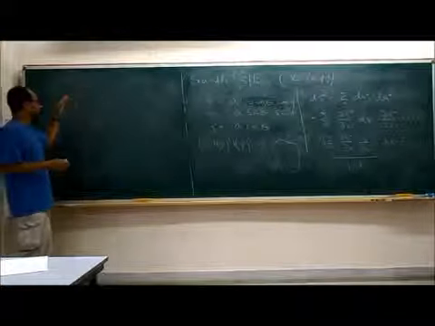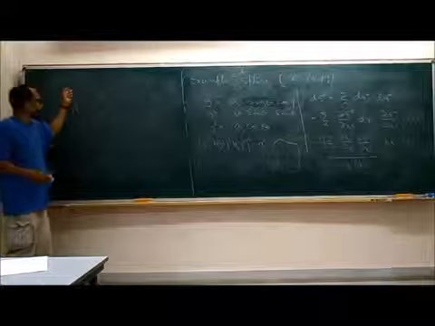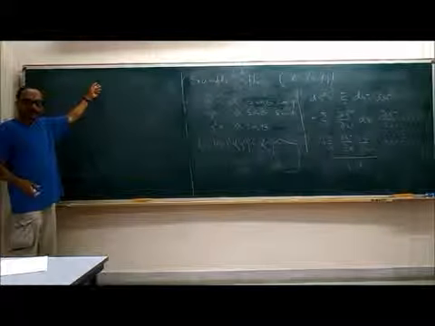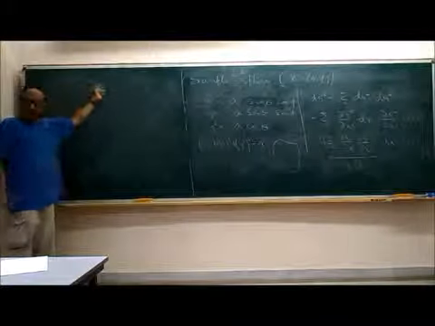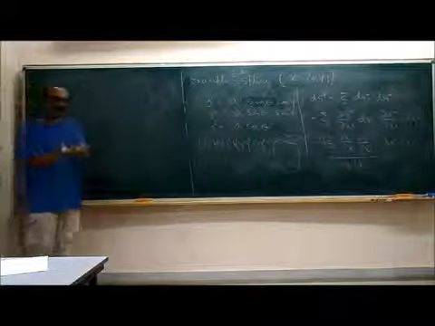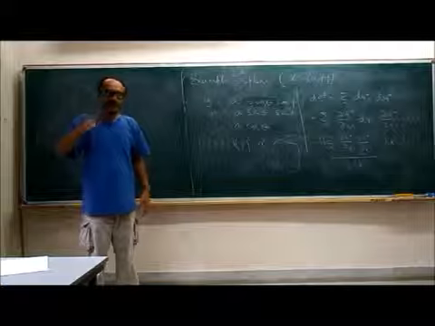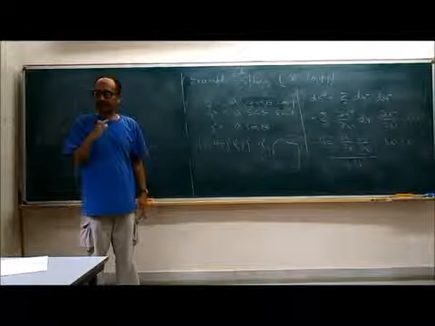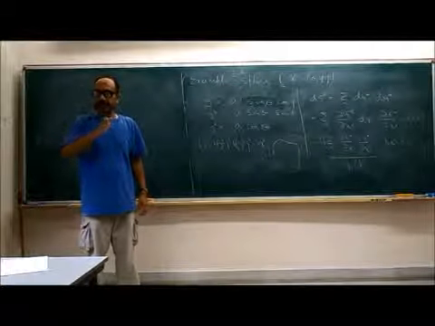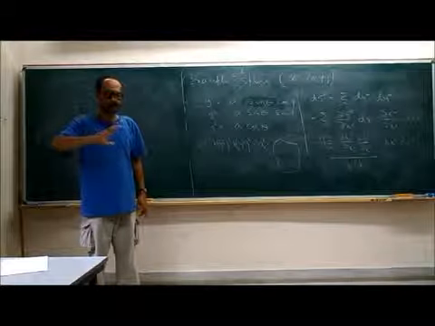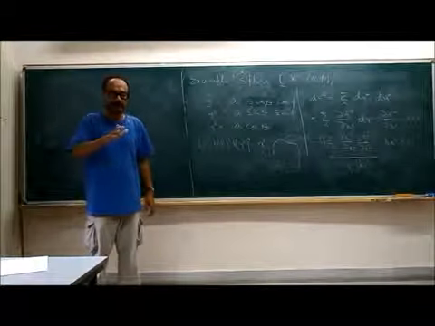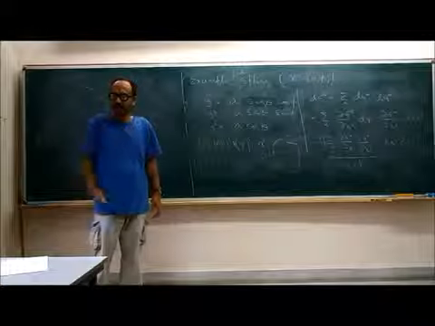But if it is a curve in 2 dimensions, then the tangent is unique. What you mean by tangent is just a unique vector. But imagine that you have a sphere in 3 dimensions. Then a tangent at a point is actually a plane. It's not a fixed vector. And a tangent vector is any vector in that plane. So that's the notion of a tangent vector when you think of it in an embedding space.